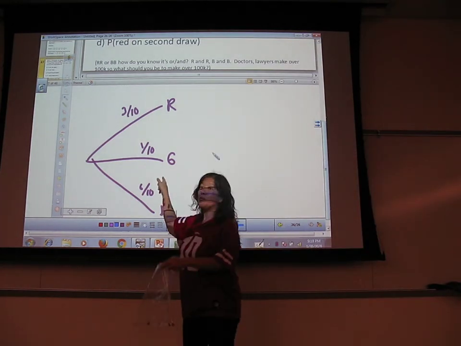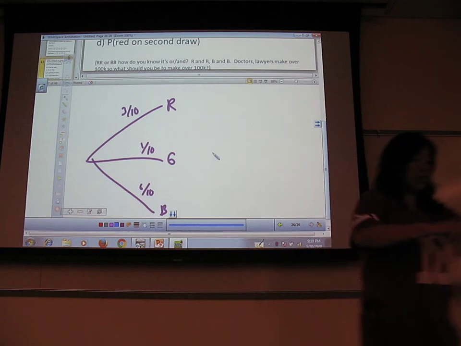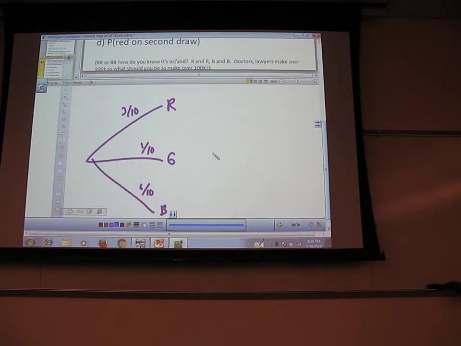What if I drew a green one instead? Different scenario. Now I've drawn a green one, a different step. Now what can I draw next? Red or white. Is everyone following? Okay, so